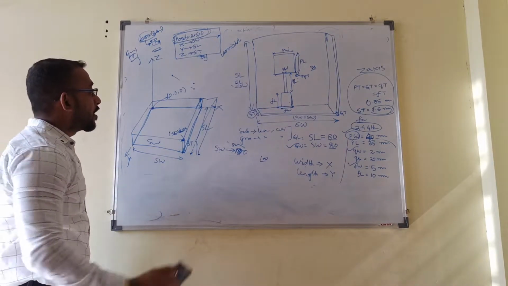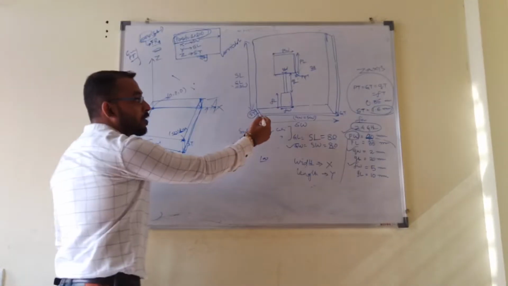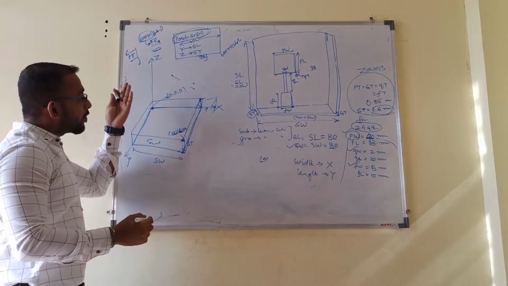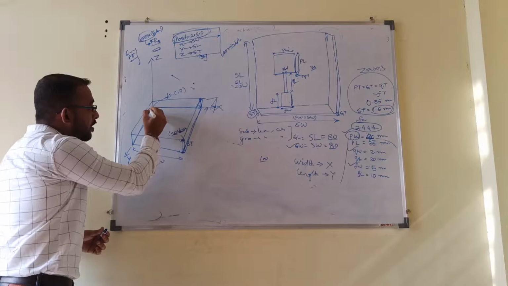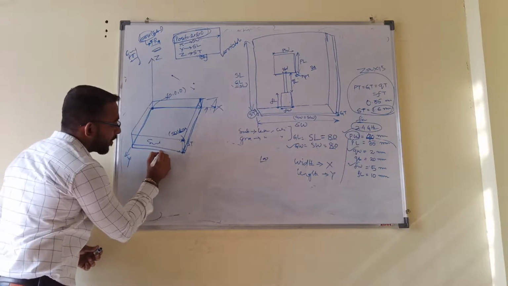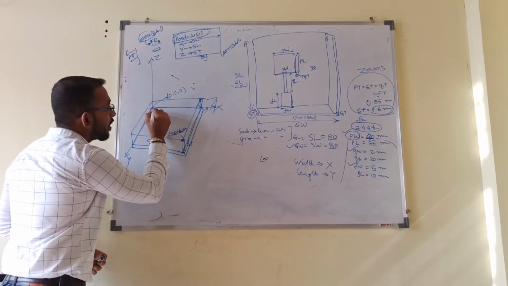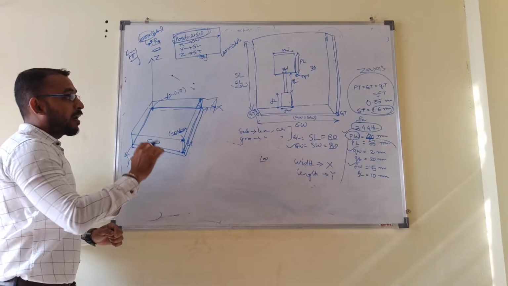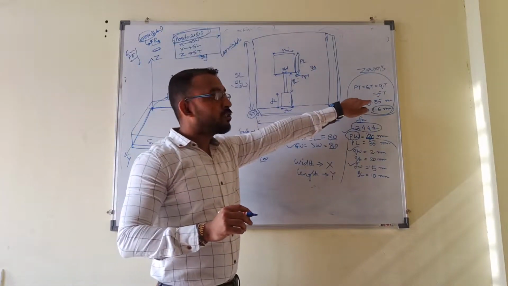Understood? Now after putting that substrate, what is the thing I have to add? It is nothing but my ground layer. Okay? Now tell me, will the ground layer be above the substrate or below the substrate? Below the substrate. It means if I remove this one, this will be my ground layer. Yes or no? For the ground layer, the length and width will be the same. Only the thickness is 0.35 mm.